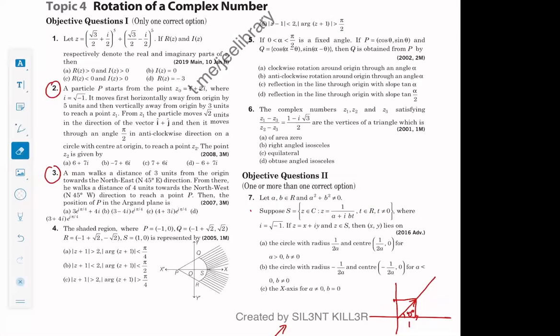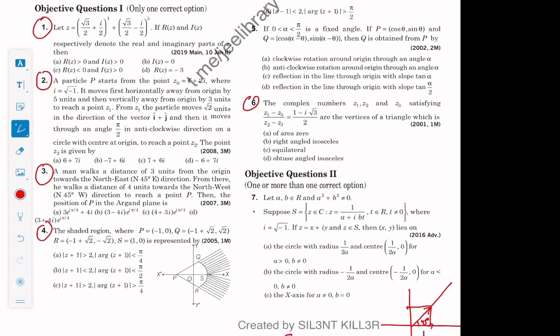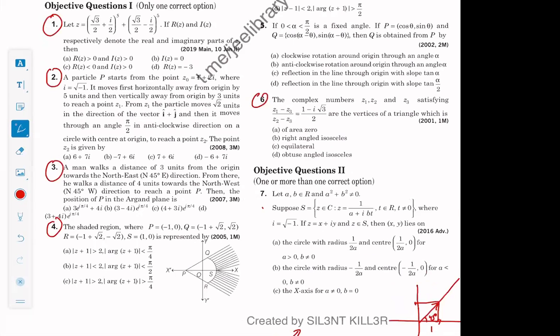So question number 1, question number 2, question number 3, question number 4, question number 6. Try all these problems. Question number 2 and question number 3 I have already discussed in the class, but